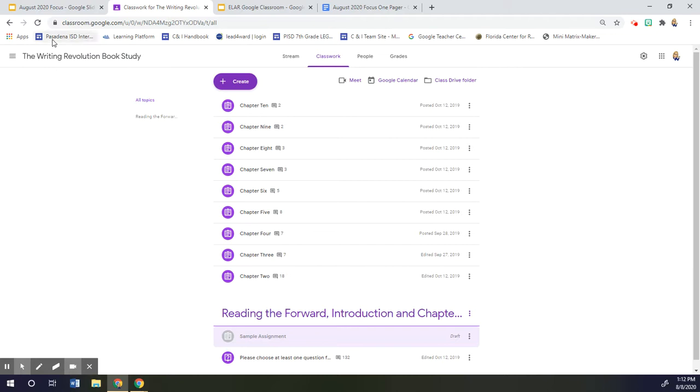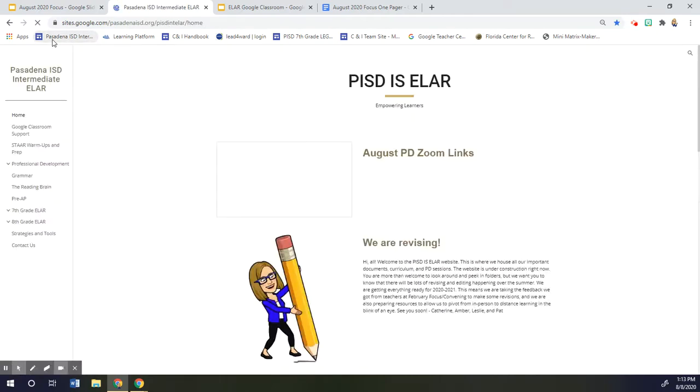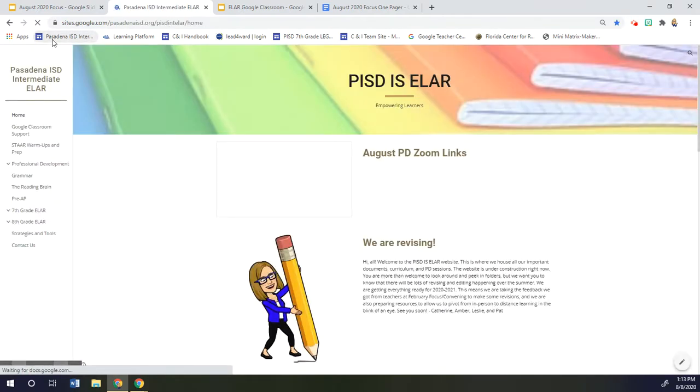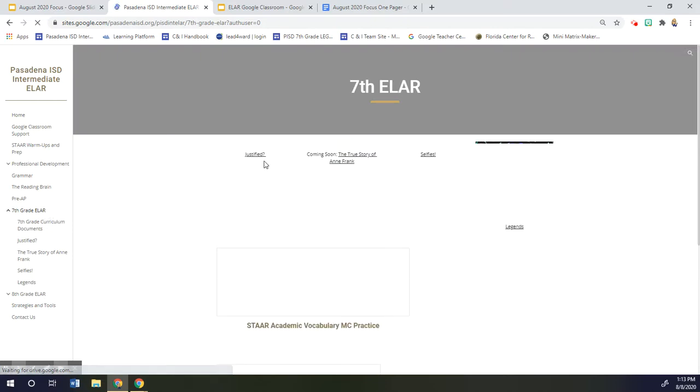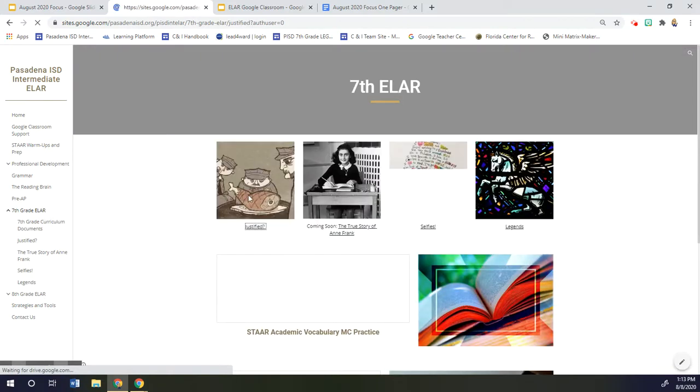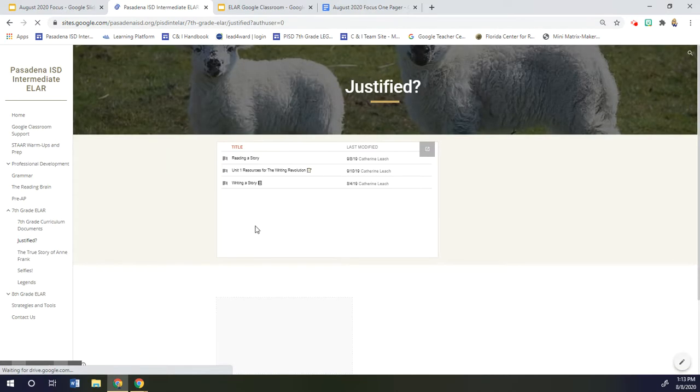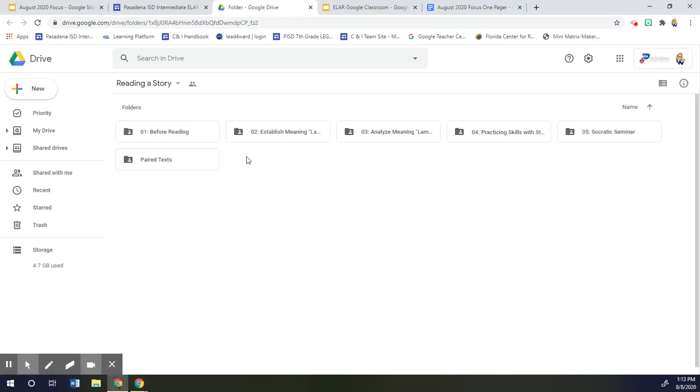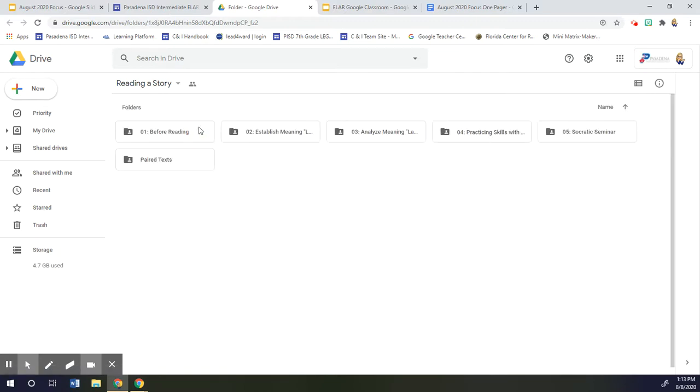Another way is if you want to access the files from the website because you're more comfortable with that, or you just remember there was something on the website that you liked, you can go to the website, navigate to the project, and it's kind of the same deal. So you just click into the folders until, sorry, my internet's slow. You just click into the folders until you find whatever it is you want. And